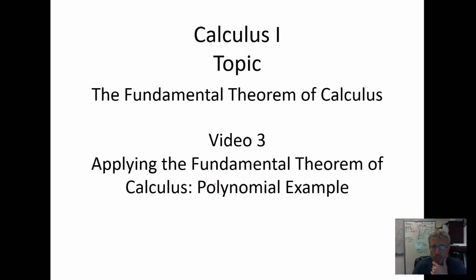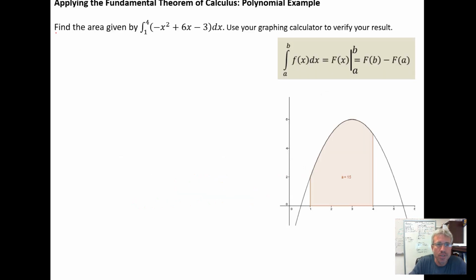So in this video we're going to apply the fundamental theorem of calculus in an example involving a polynomial. It says find the area given by the integral from 1 to 4 of negative x squared plus 6x minus 3. So we have a definite integral being applied to a second degree polynomial. We are trying to calculate the integral from 1 to 4 of negative x squared plus 6x minus 3